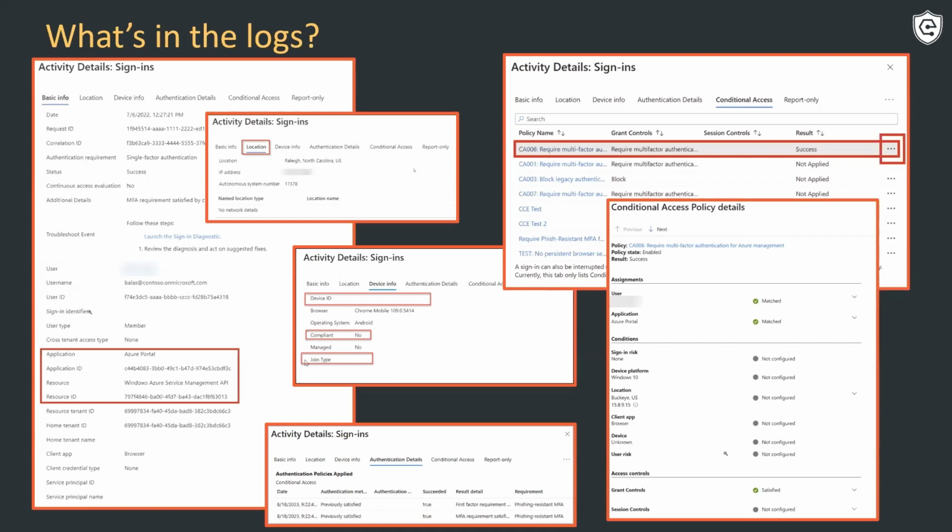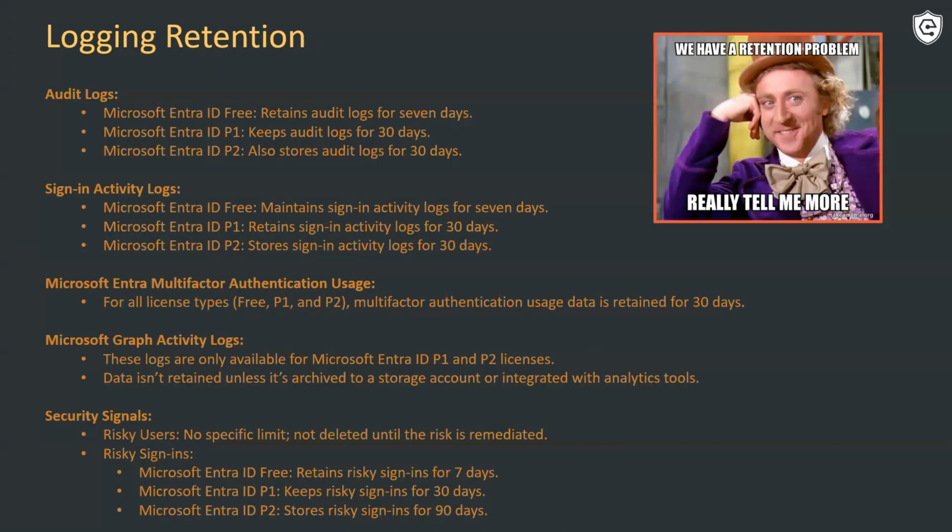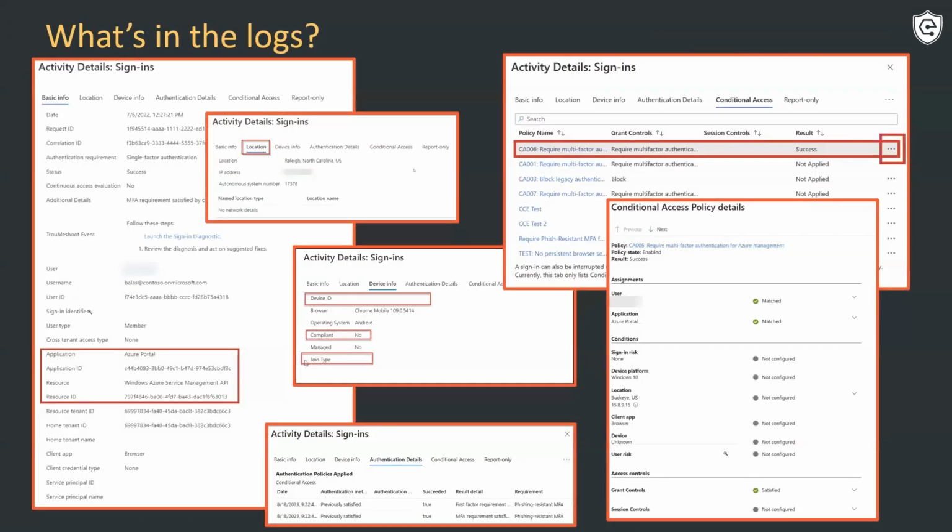Yeah, and it could be something as simple as basic authentication is still turned on. So it's a huge hole still in your organization. And you can tell from these policies and sign-in logs just how that basic auth is bypassing CA policy. So that's another big one to look out for: basic auth needs to be turned off.